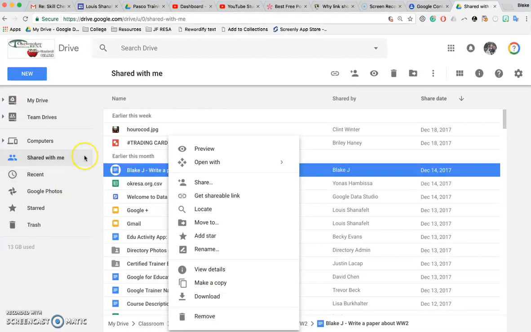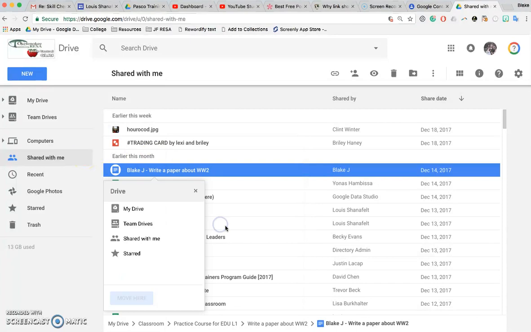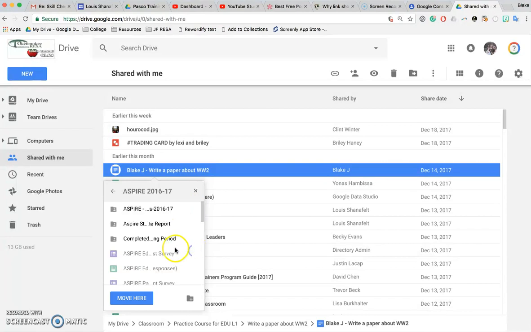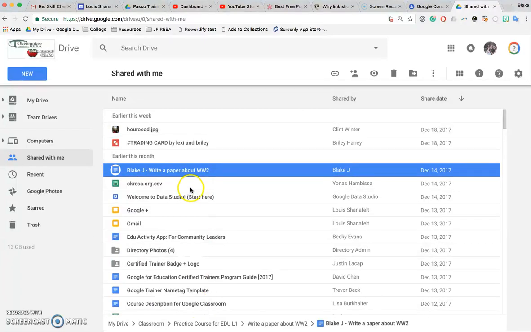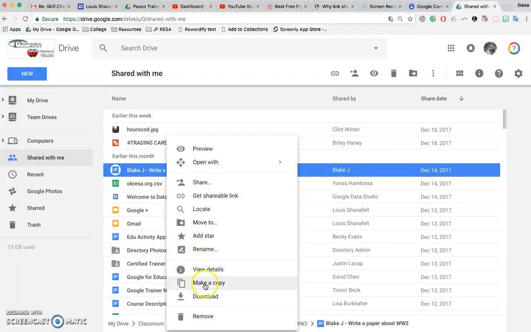Now if it's something that you and another person are working on, then you want to do the move to and move it to your drive. And then you can just click here and you can move it to specific locations in your drive, and then click move here if I want it in the Aspire folder here. So I would move it to your drive if it's going to be something that you and another person are going to edit among each other, but if it's something that you just need a copy of, I would right click, I would make a copy,